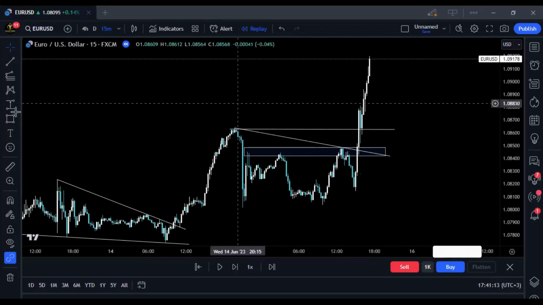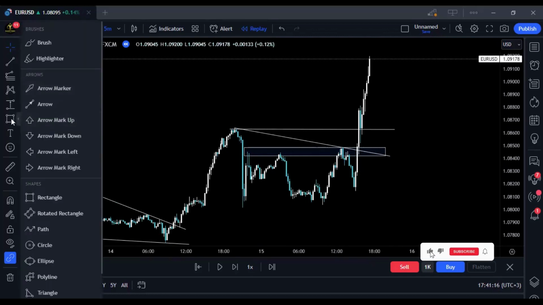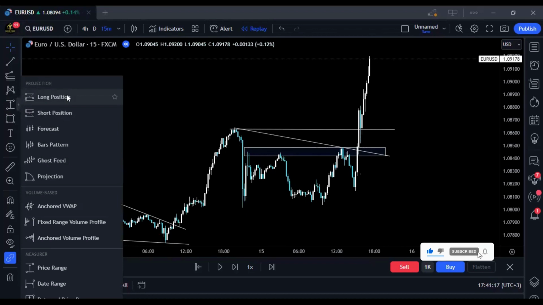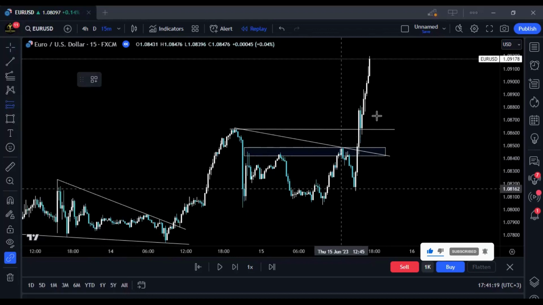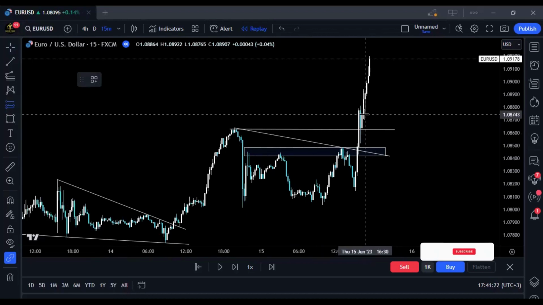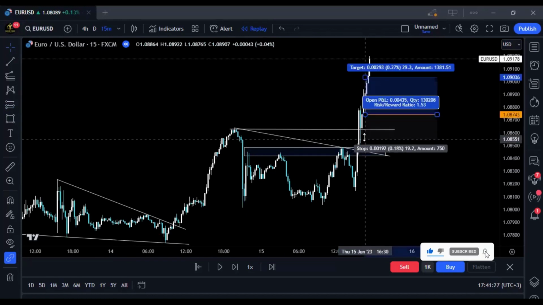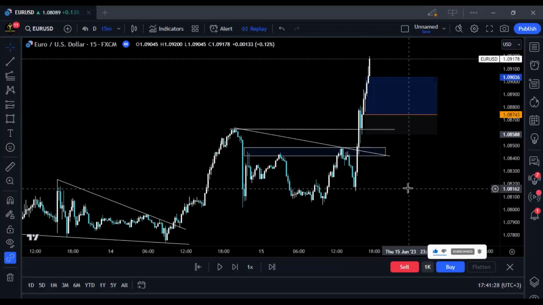So I took advantage of this volume and actually took a trade here. June was beautiful. You can see all this volume. June was beautiful. So I took my buy with my stops somewhere here. I was aiming for